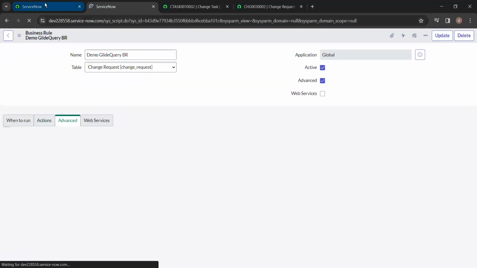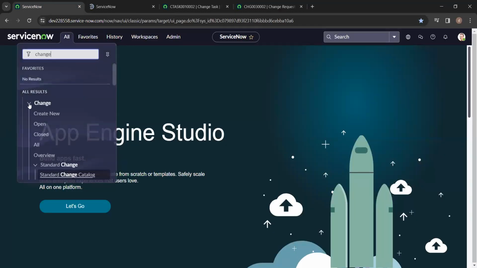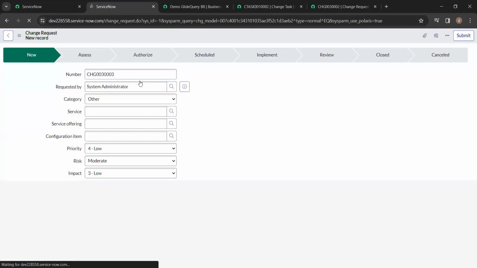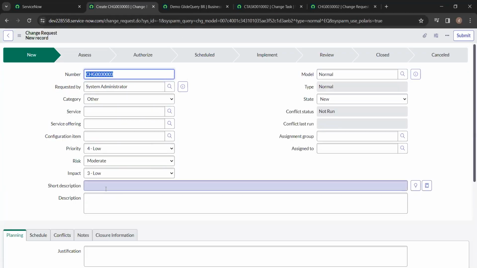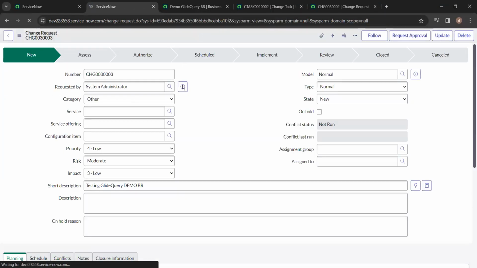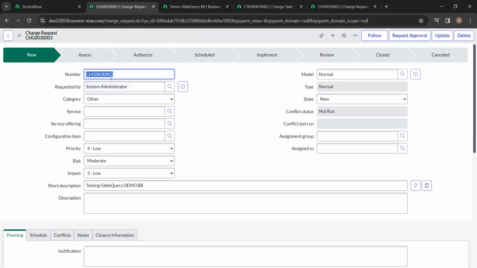This is it. Let's go back to the change request table. We'll create a new normal change. And here, as we are copying the short description to the task through the BR, we are giving some text here, which will be something like testing GlideQuery demo BR, as we are doing the same. Once this record is inserted, a change task should be created and attached to this change. Now this change is created with the number